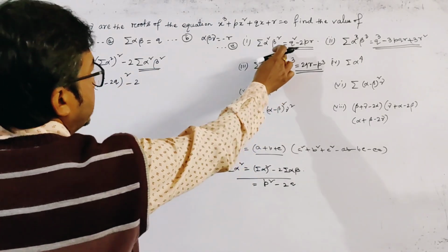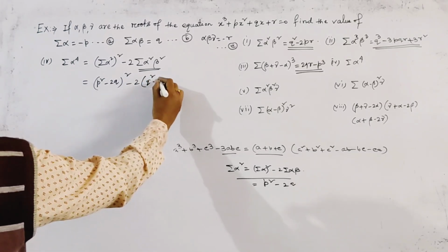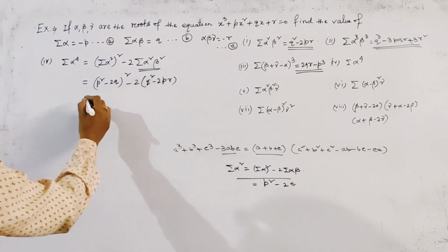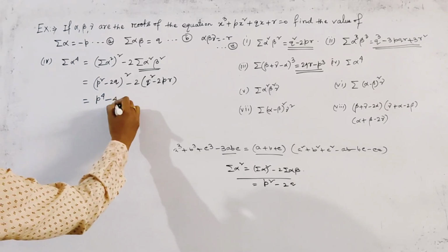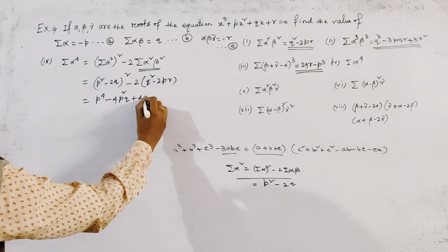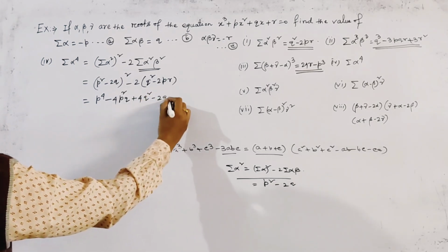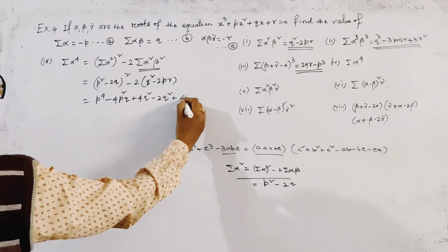We already found in the first, we put here q square minus 2 here. So getting the result as p to the power 4 minus 4p square q plus 4q square minus 2q square plus, sorry, this is 4pr,